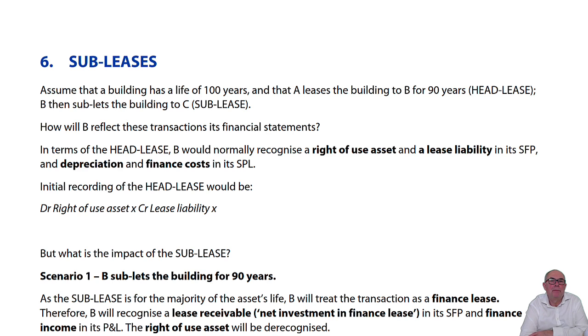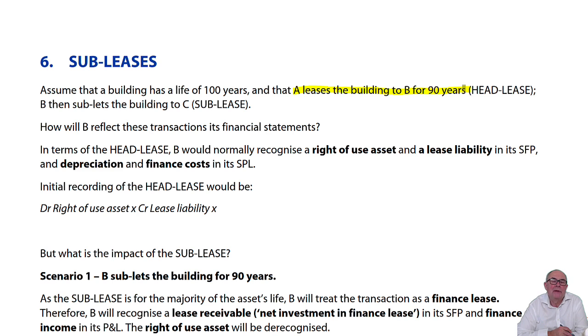It's a subject where you could end up very confused, and therefore, please make sure you stick to the basics. If you can explain the basics, that's all the examiner will be looking for. So, in my scenario, in the notes, I've said here that let's assume that A leases a building to B for 90 years. The life of the building is 100 years, effectively, so it's for virtually all of the life